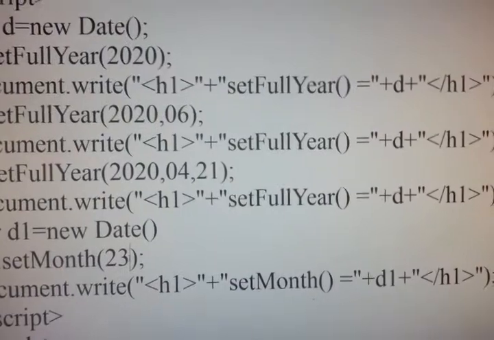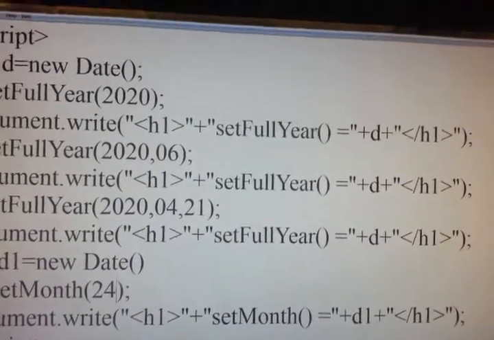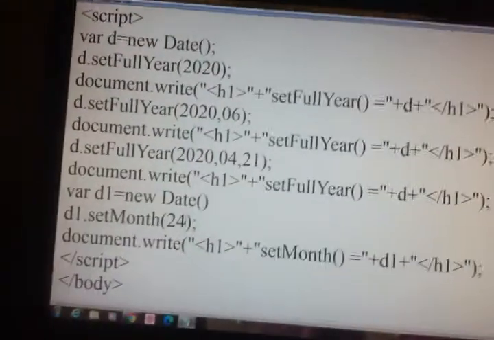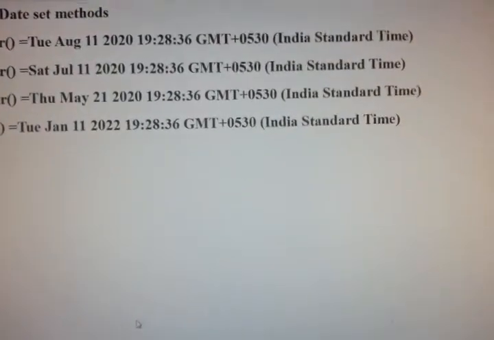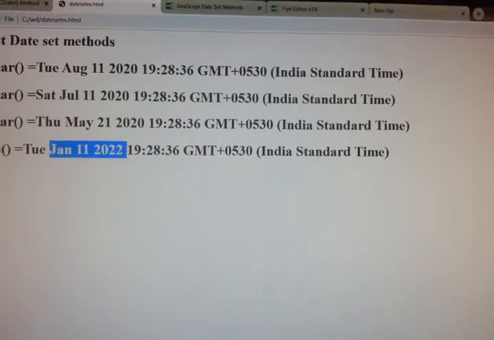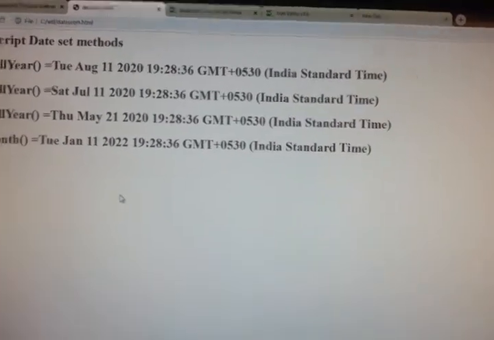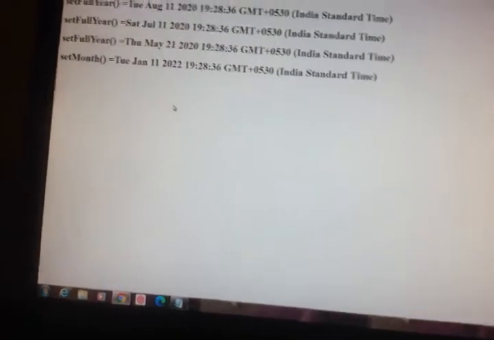Now I will change it to 24. Now what will I get? I will get January 2022. If you see the output, you get January 11, 2022. See, that many months ahead we are going.